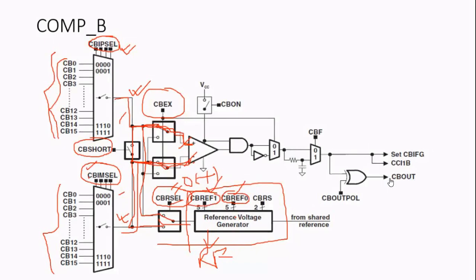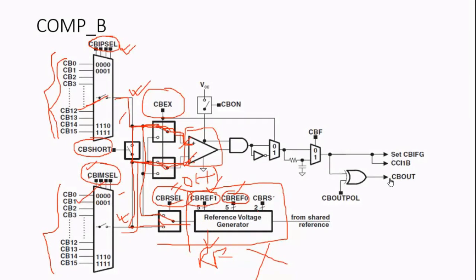If external signals are applied to both comparator input terminals, the reference voltage generator should be turned off to reduce the current consumption. Let us consider that you are providing the input of this comparator with the help of both multiplexers. Then there is no use of the reference generator, and we can switch off this reference voltage generator so that you can save power.